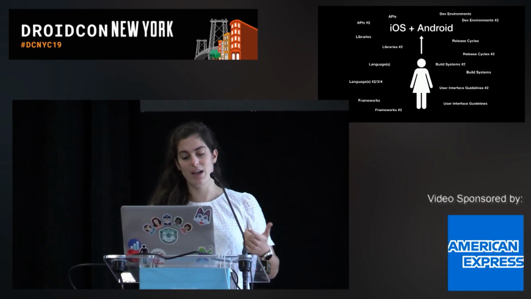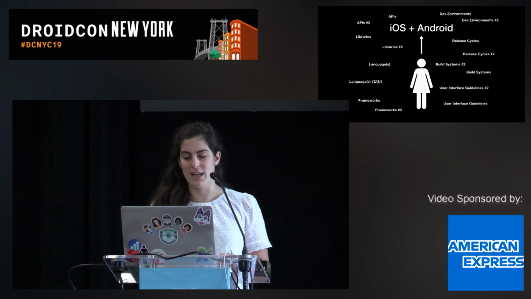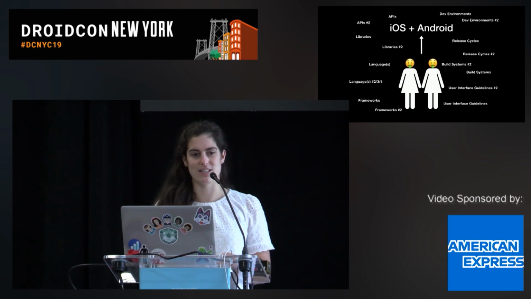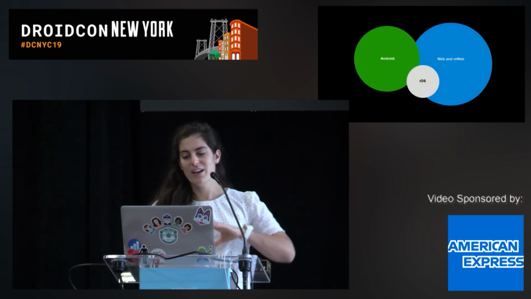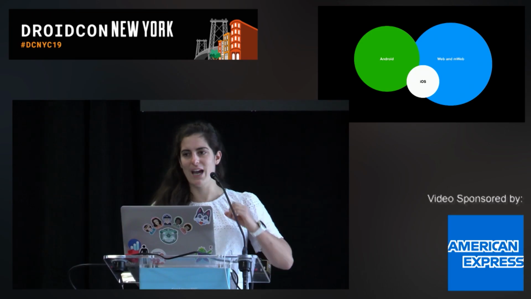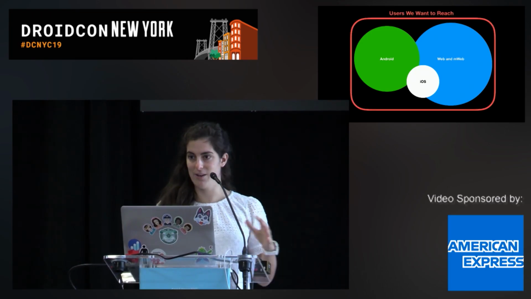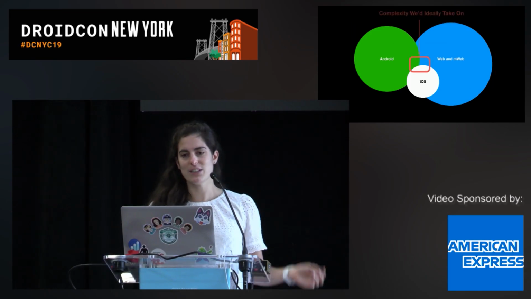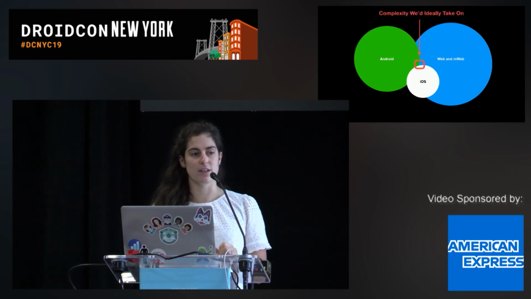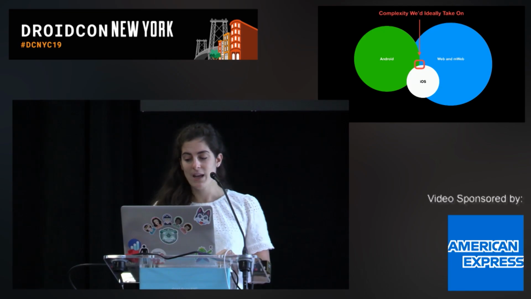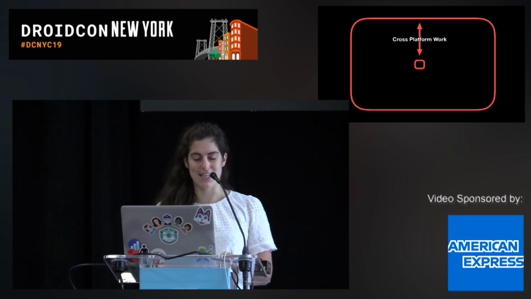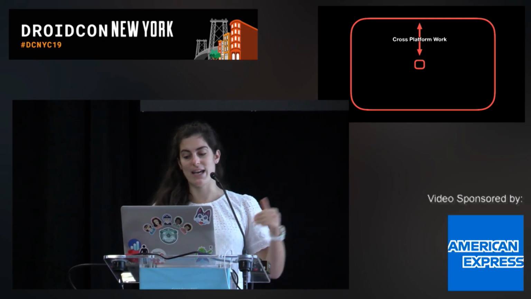When you start adding a second one, you get double that time commitment, and that usually means that you have to increase staffing, and given what most people are paid in the tech industry, we know how well that works out for a company's bottom line. So to encompass this in general, we have this reach that we desire. These are all of the platforms and all of the users that they reach. We want all of them, but most of us only want to pay for a small subset of the complexity it takes to reach those people. And so we get this huge chasm where we introduce something like cross-platform to bridge that gap.